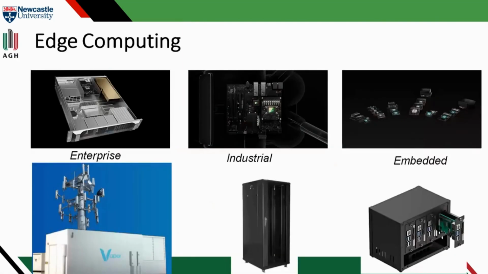Then when we talk about edge computing and the devices, here on the slide, we have some devices from NVIDIA. So we might have enterprise solutions dedicated for containers located near the BTS stations from the GSM providers in edge computing centers in 5G technologies. Then we might have smaller rack servers with some GPU cards for industrial automation and processing, for example, the streams of video data from the cameras located at the factories. And finally, we might have embedded edge clusters composed of Raspberry Pis, NVIDIA Jetson Nano, and this kind of devices just to process the stream of data in some cafes, shops, small houses, or small factories where we do not need the industrial